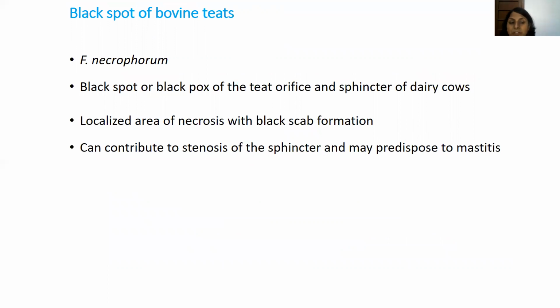Black spot of the teats: these are associated with Fusobacterium necrophorum, and this causes the black spot of the teat orifice and the sphincter of the dairy cow. It is a localized area of necrosis with black scab formation, and it may cause stenosis of the sphincter and may lead to